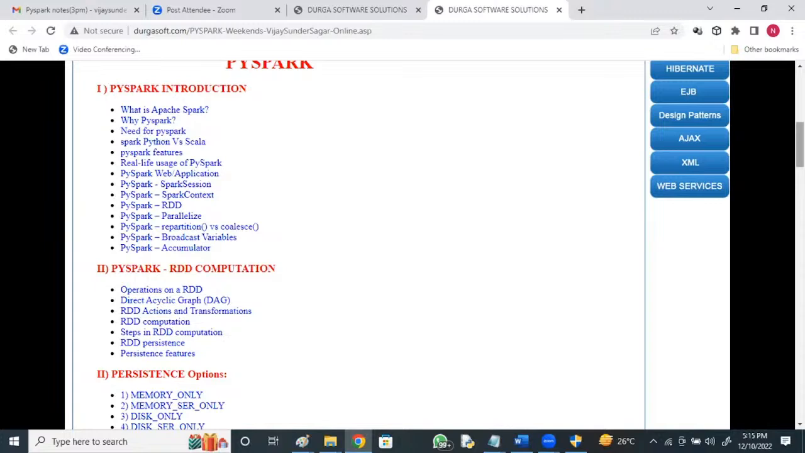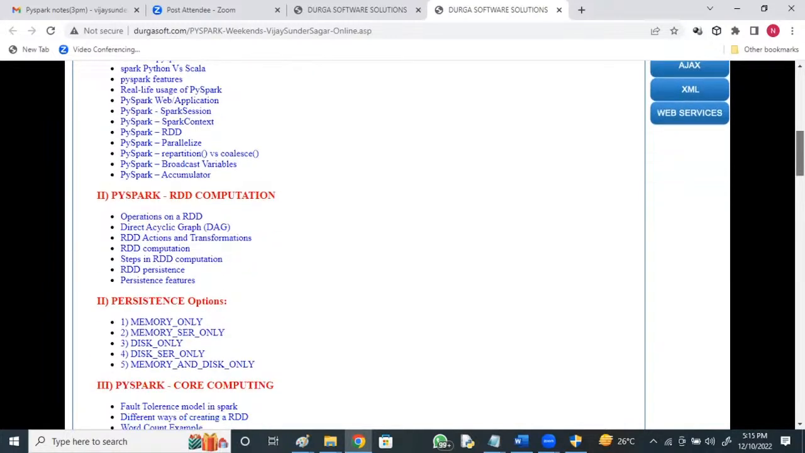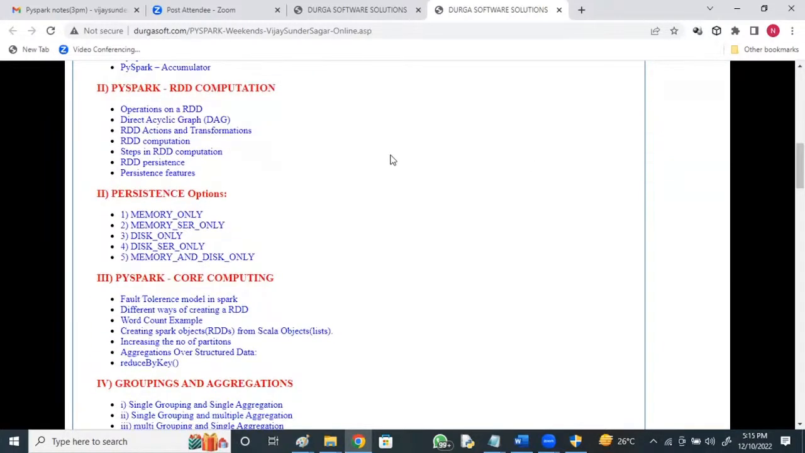A wide variety of modules are available for it, and we can easily go for interactive mode. Here you will see why Spark is needed, PySpark sessions, PySpark context, Spark context, and PySpark RDD, parallelizing, repartitioning, broadcast variables, accumulators, and RDD computations and persistence features,